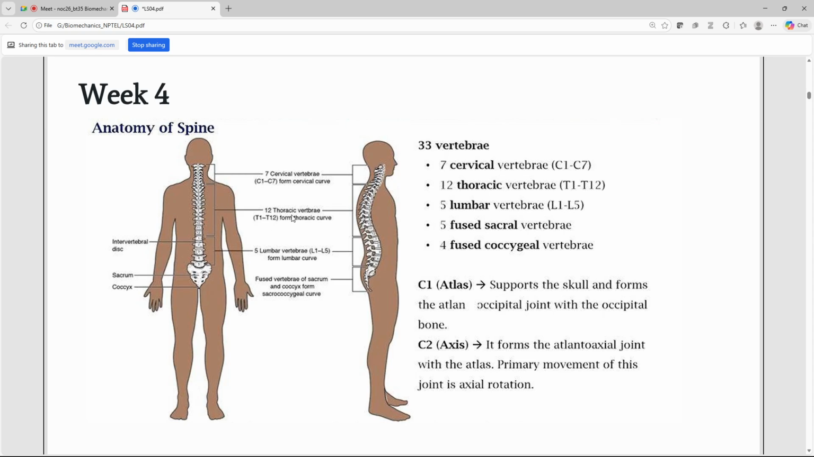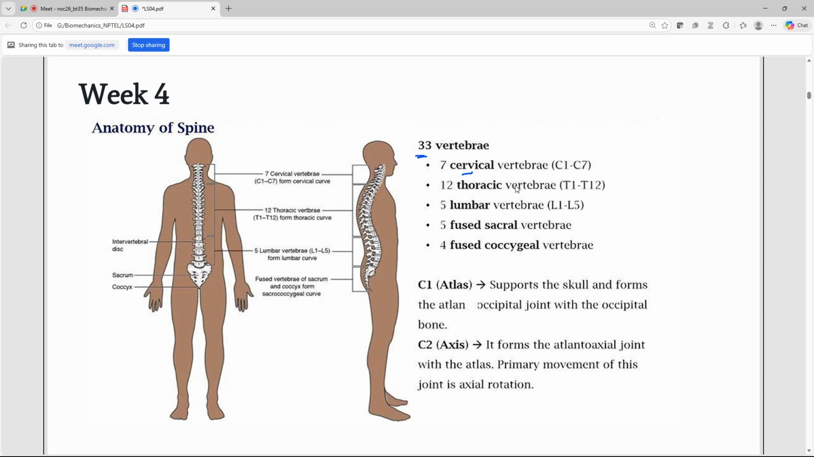This is the anatomy of the spine of a human adult. In the adult spine, there are 33 vertebrae, where the first 7 are called cervical vertebrae, named C1 to C7. C is for cervical, numbered 1 to 7 from top to bottom. Then